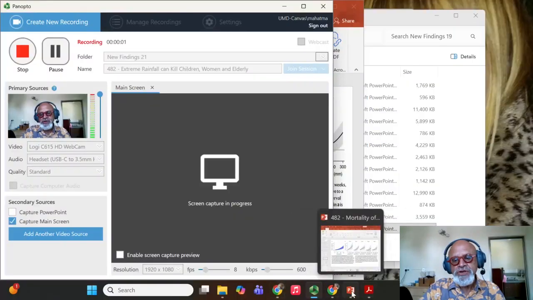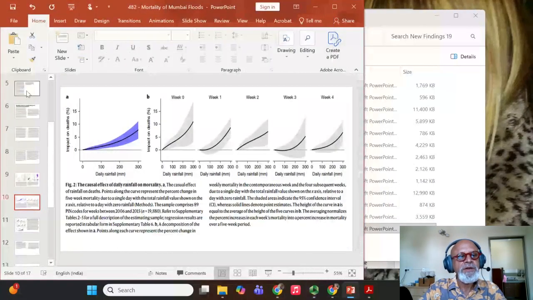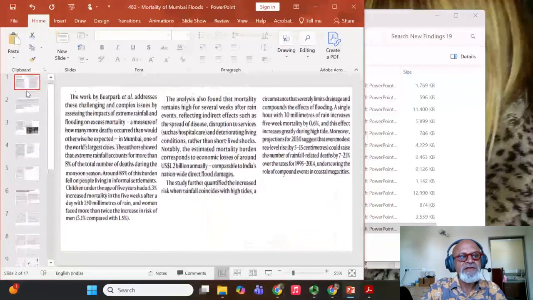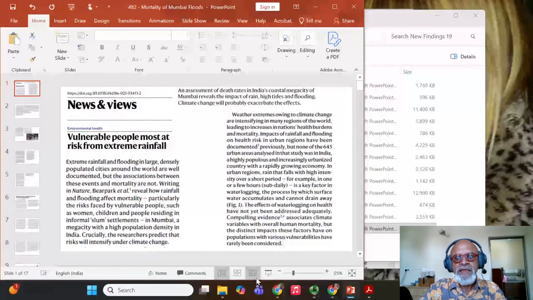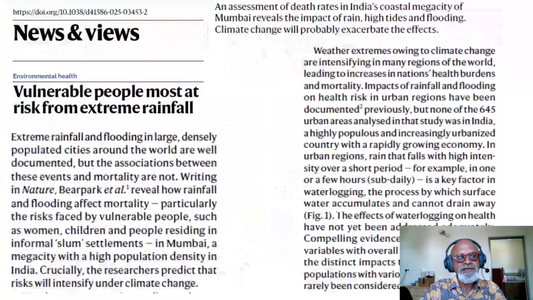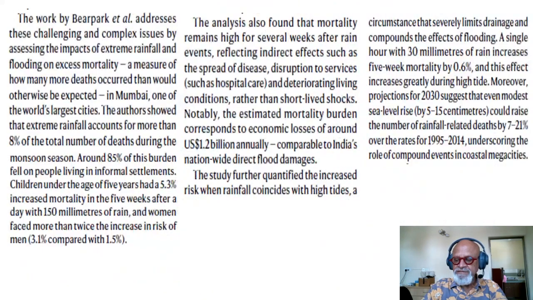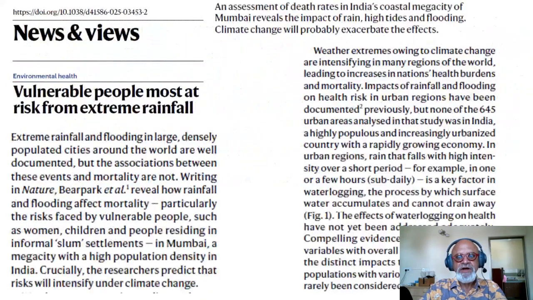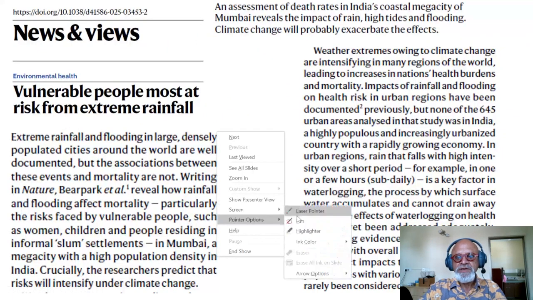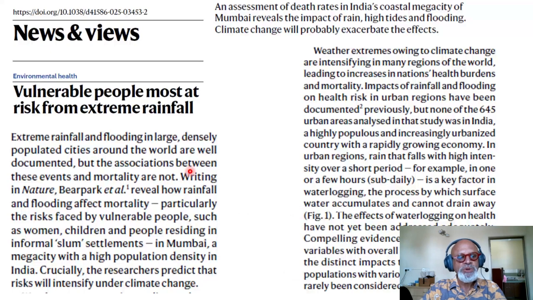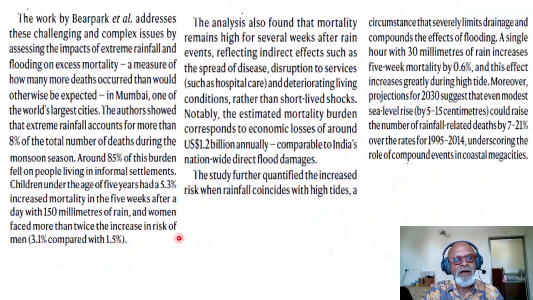Okay, folks, we are going to look at a paper that computes mortalities associated with heavy rains and floods in Mumbai, especially when combined with high tide levels, high tide, low tide, etc. Typically, these papers have a news and views kind of article associated with the main paper. And this one is written by our good friend Subimal Ghosh, who describes the main results and talks about how